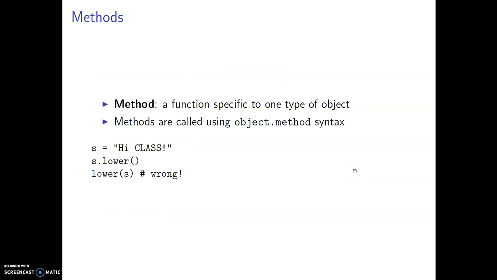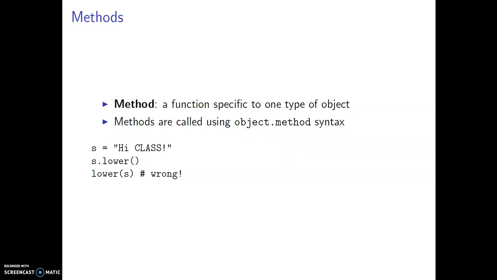Okay, so the method is a function specific to one type of an object. So this is just, again, an artifact that Python is using object-oriented type concepts here. Methods are called using the object being referenced with the method. So it's always object dot method. All right, so again,